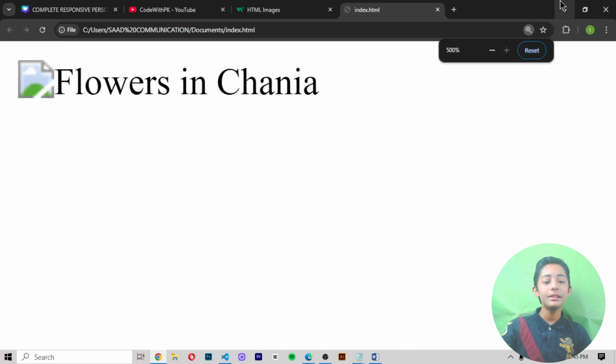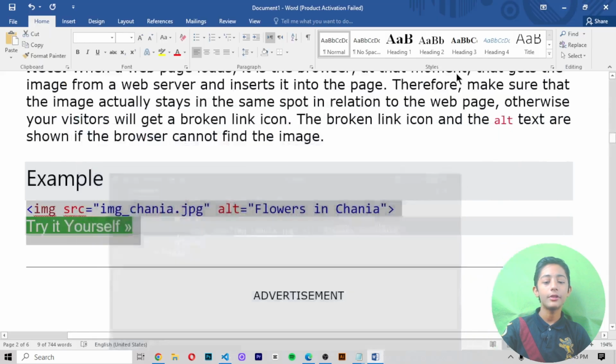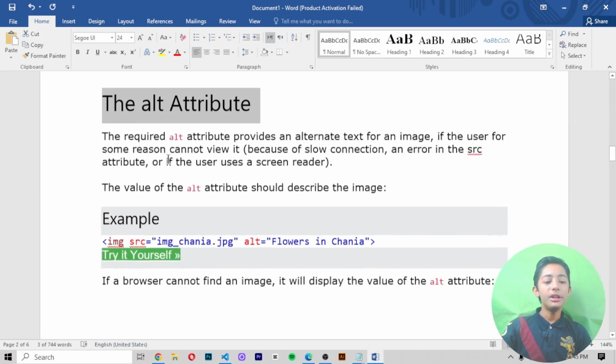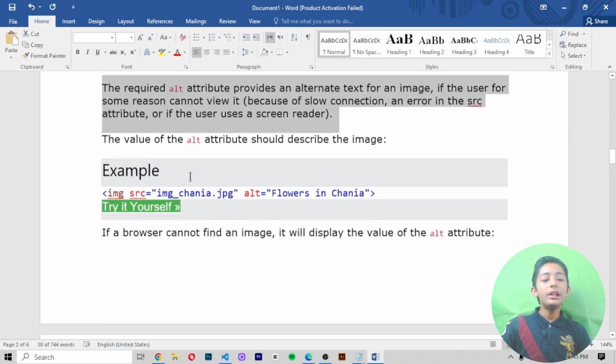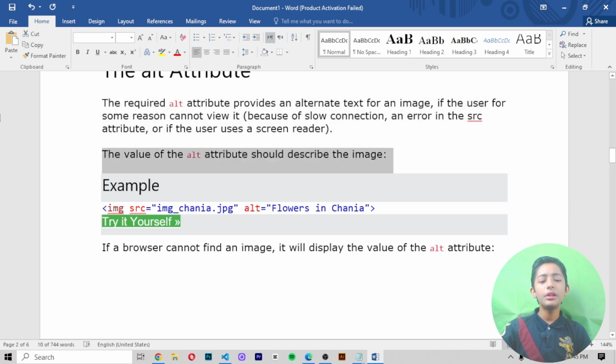Why does it give me the flowers in China? Because in the alternate text we wrote it. Okay, that's right. The alt attribute. The required alt attribute provides an alternate text for an image if the user for some reason cannot view it, because of a slow connection, an error in the src attribute, or if the user uses a screen reader. The value of the alt attribute should describe the image.